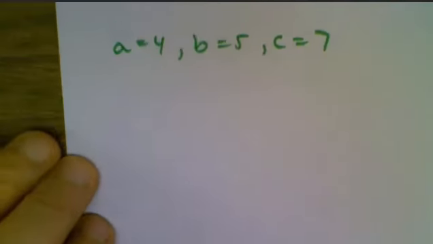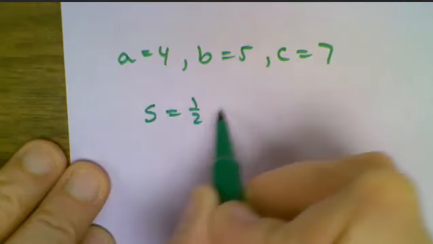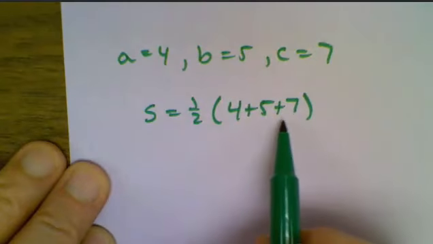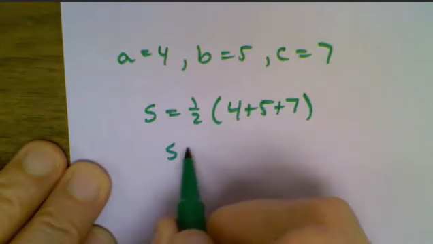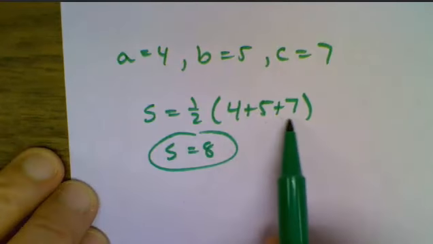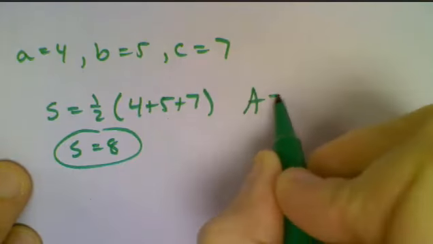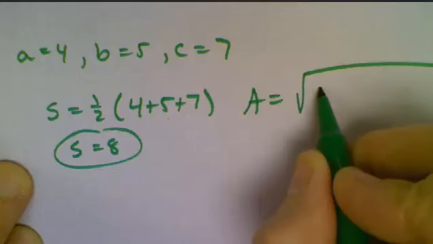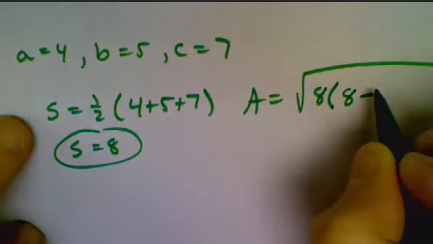All right, and then if you have three sides, you first have to find s. So you take 1/2 times the sum of those numbers. Well, this one's pretty easy because that's 12 plus 4 is 16. Half of that would be 8. So s is 8. But again, you just throw it in your calculator, 1/2 times 4 plus 5 plus 7. That's s. So the area ends up being the square root of s, which is 8, times s minus 4,